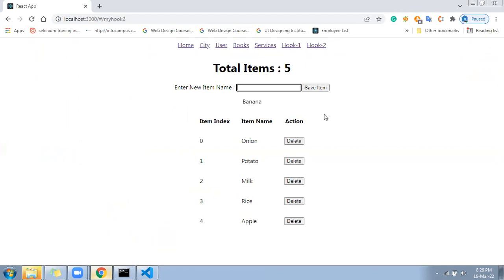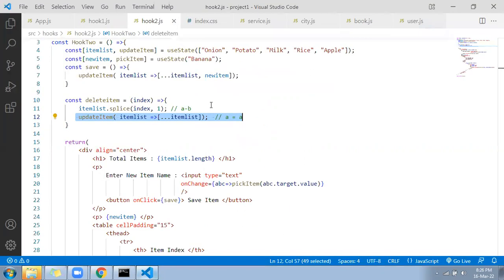That means we want to make it an interactive application, where the user can